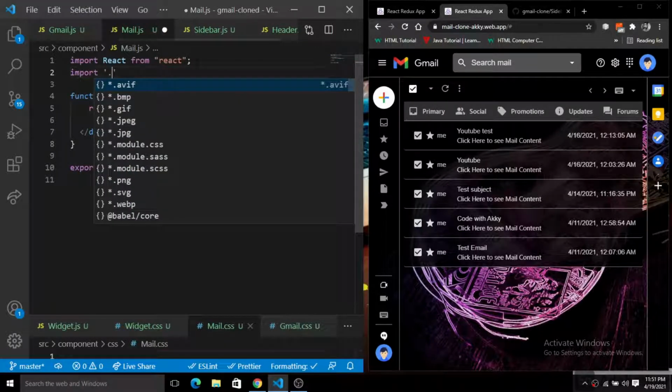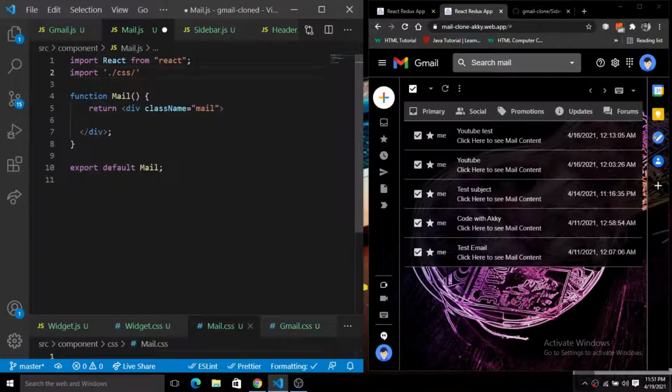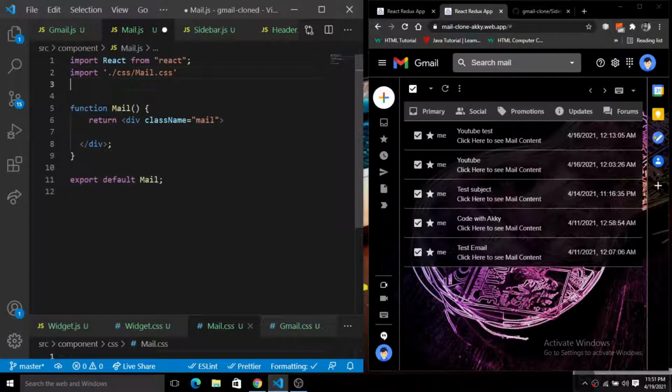So simply import the CSS file, here we have this mail dot CSS, and now you have to import everything you are seeing here, the icons. I'm going to paste all the required icons, and then we will name all the icons we have used here.